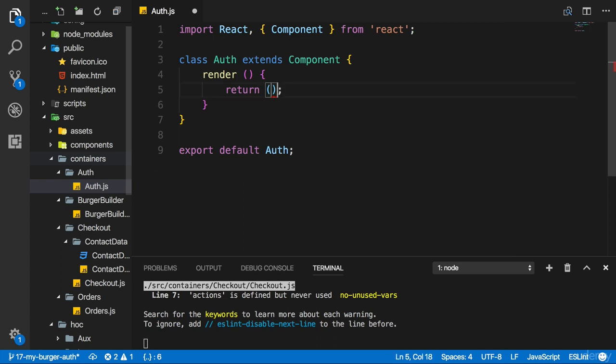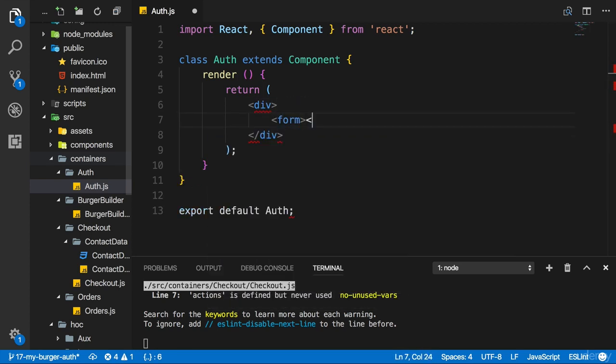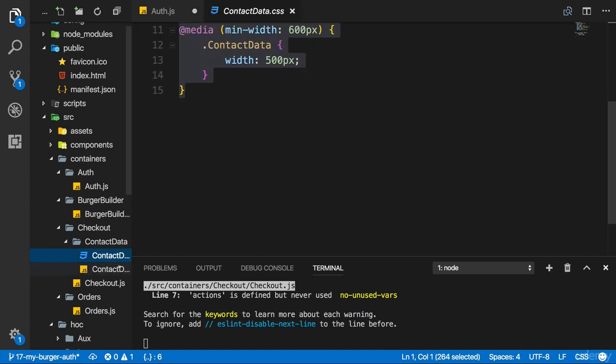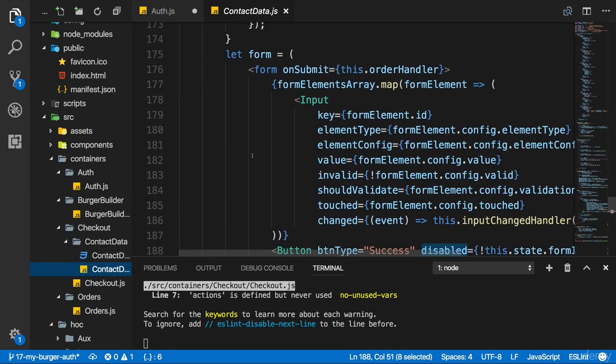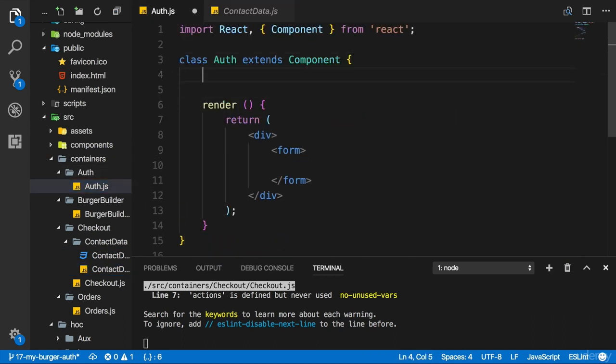Now the JSX here will be pretty close to our contact data form. I'll have a wrapping div, and in there I'll add a form element. And in this form element I want to use my custom input and button components, just as I use them in the contact data component or container. I'll also manage my form through the state of this auth container, not through Redux, because I'm only talking about the local state, the values the user entered into the form inputs and so on. And it makes more sense to me to manage them inside the container with React's state